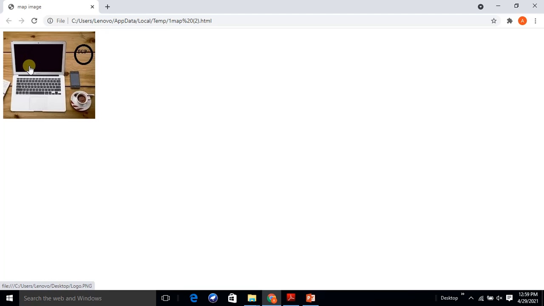So you can see here we have hyperlinked this laptop. If we click on that laptop, the page related to the laptop will open, that means the page we have already hyperlinked with the help of href will open. If we click on the TGP, the page we have hyperlinked with the TGP will open. If we click on the laptop, here we created a hotspot area related to the laptop. If we move the cursor out from here, we don't have any hyperlink.